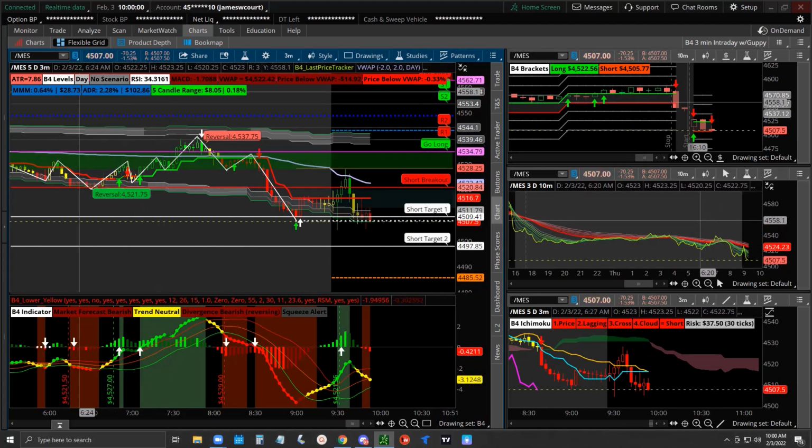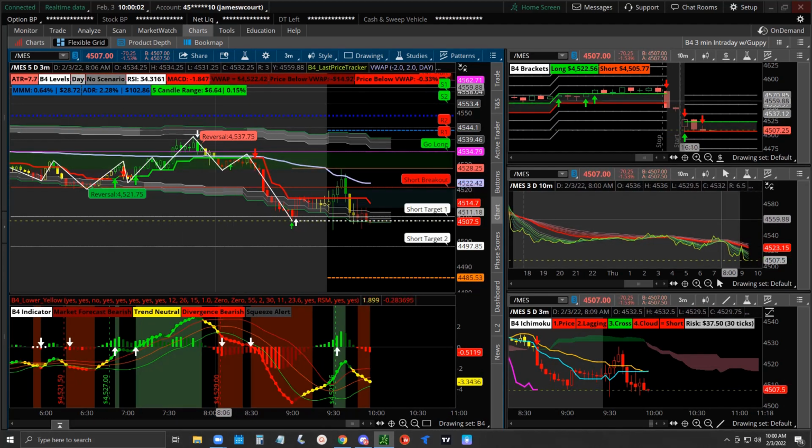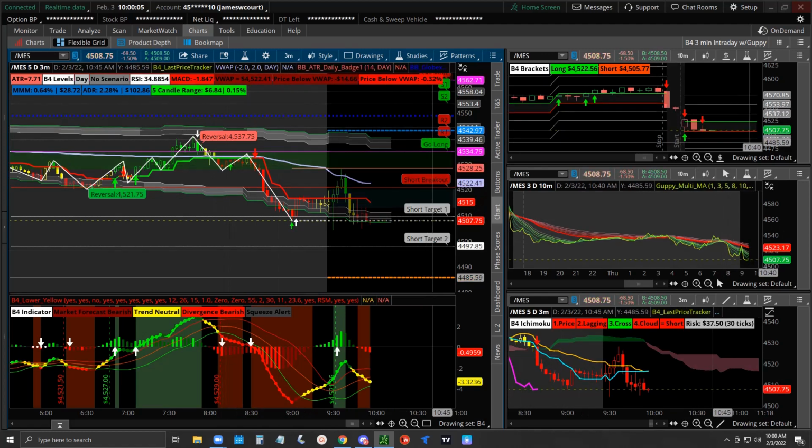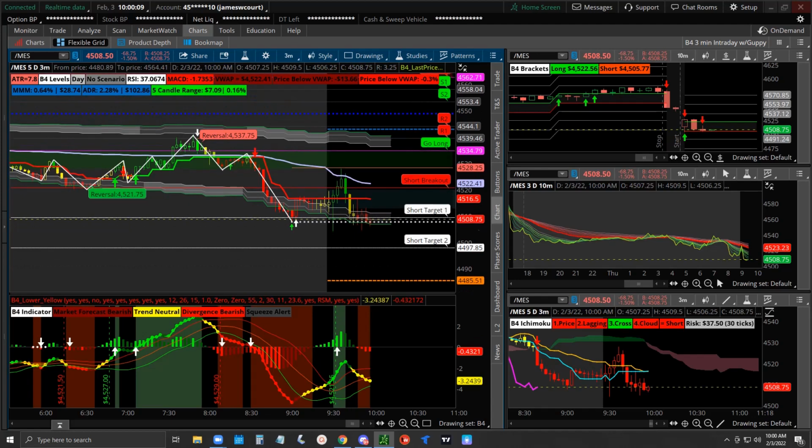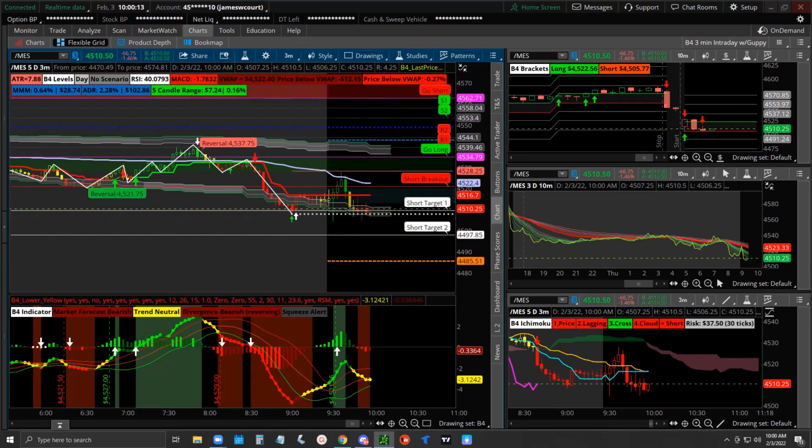Sellers are, like I said, with the sell stop orders one or two ticks underneath bar one, waiting to get activated, but they haven't been activated. All right, here comes the news. News can go up or down. That I cannot control.